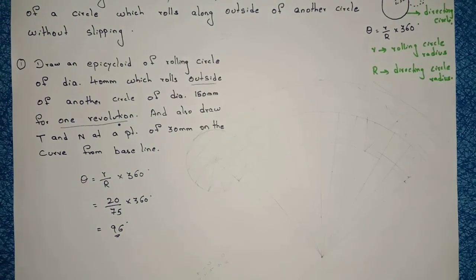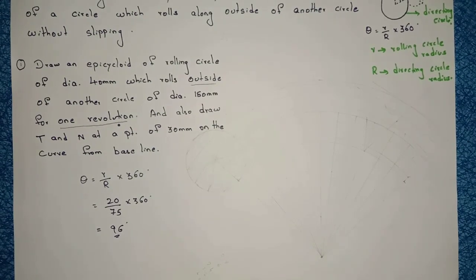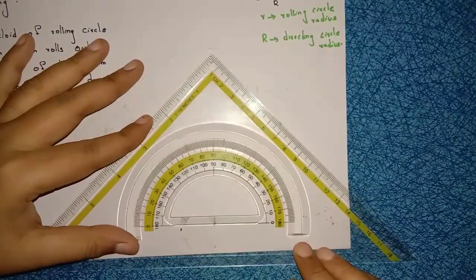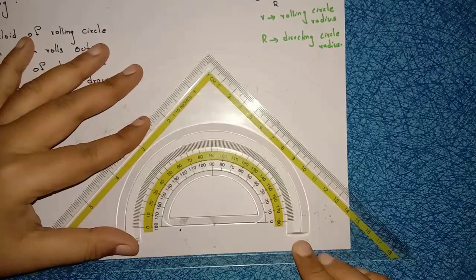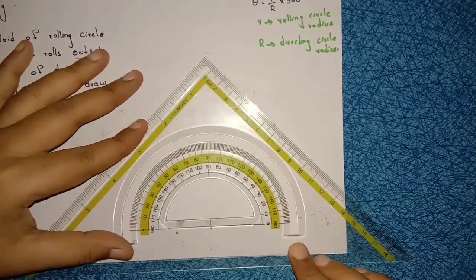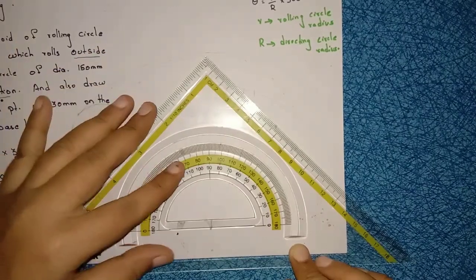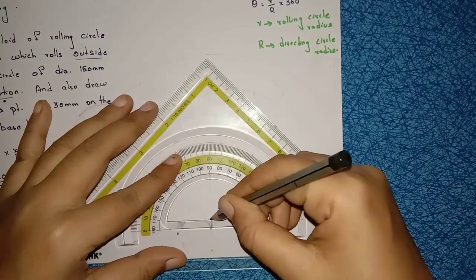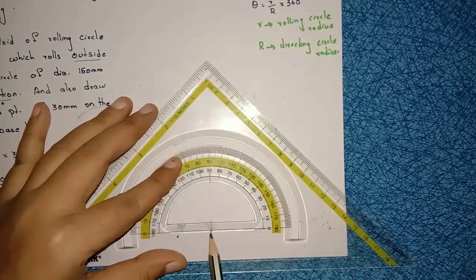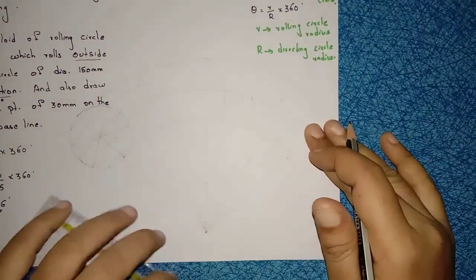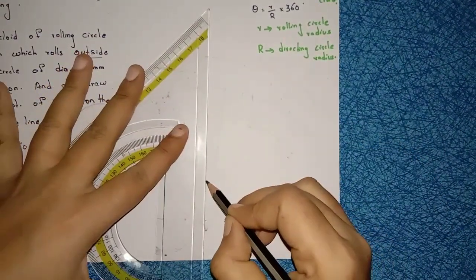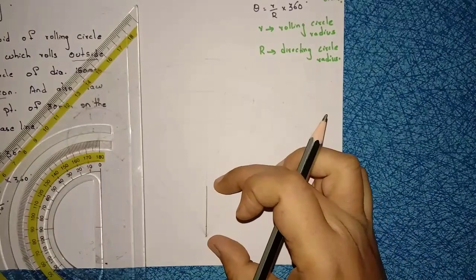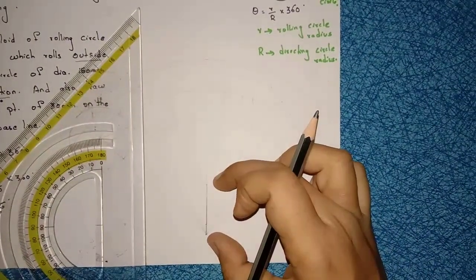Now coming to the construction, how to construct this. First take the protractor, okay? Just start from anywhere, keep your protractor in a straight manner. First mark the 90 degrees point, this 0 point and this 90 degrees point, right? Then draw a straight line of any length, but this line should be perpendicular at 90 degrees only, right?